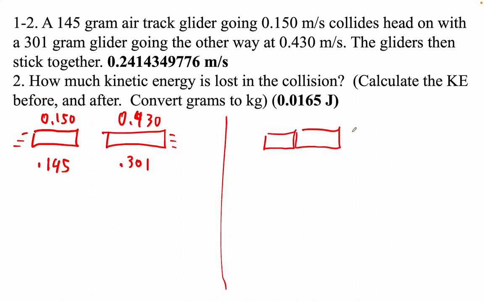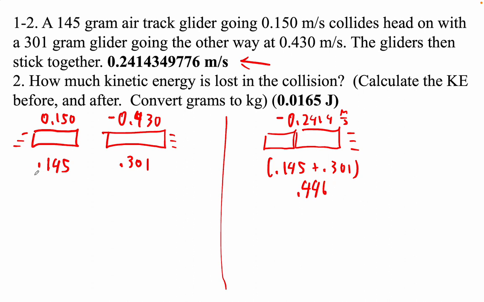and they're actually moving this way at this velocity, right? So they're going negative, so we'll make that negative, right? Negative 0.2414 meters per second, right? And this mass here is 0.145 plus 0.301, right? I think we could dare to add that, couldn't we? 0.145 plus 0.301 is 0.446,